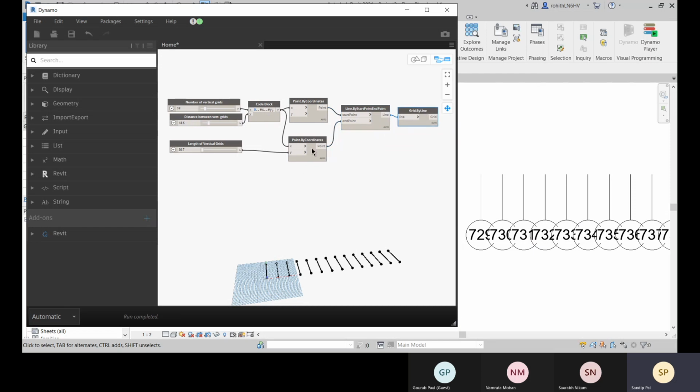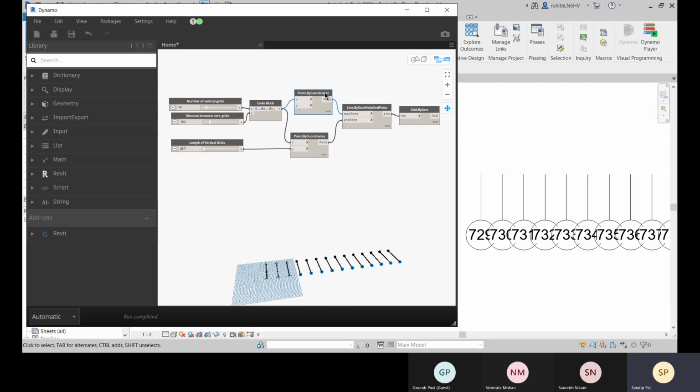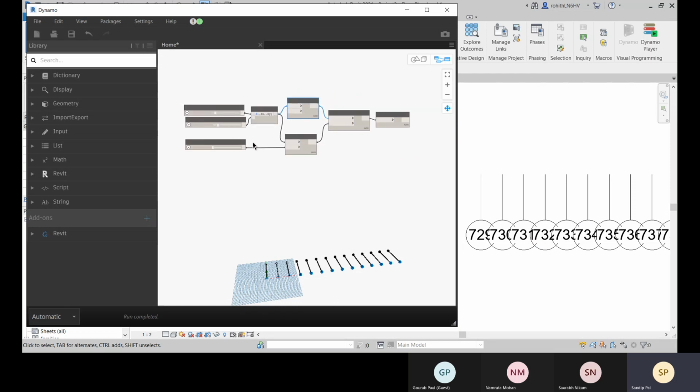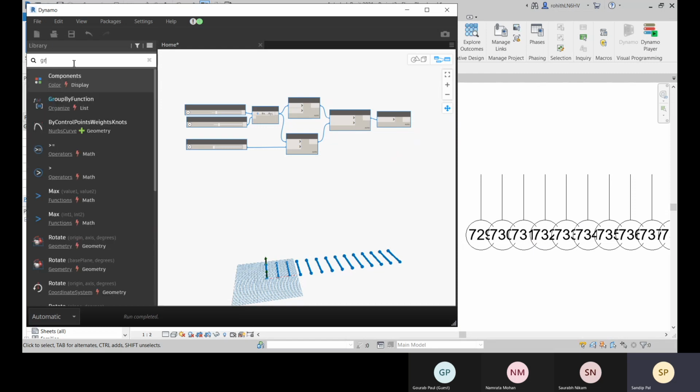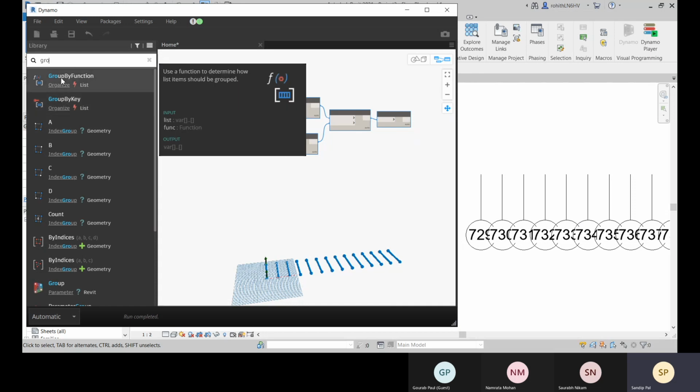Now we want all of them as a horizontal plane. Right. So for that, what we'll do is let me select all of them, and let me go for group by key, group by function that I can choose.